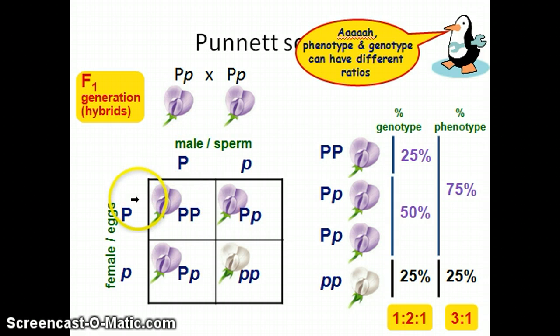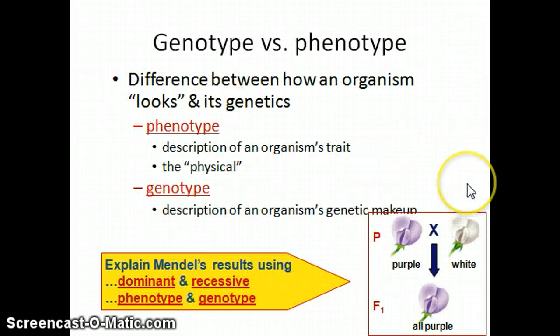Then we simply combine the alleles into the boxes when we cross. These two end up here, these two here, these two here, and these two there. Again, you can see our 3:1 ratio of our phenotype, our 3 purple,